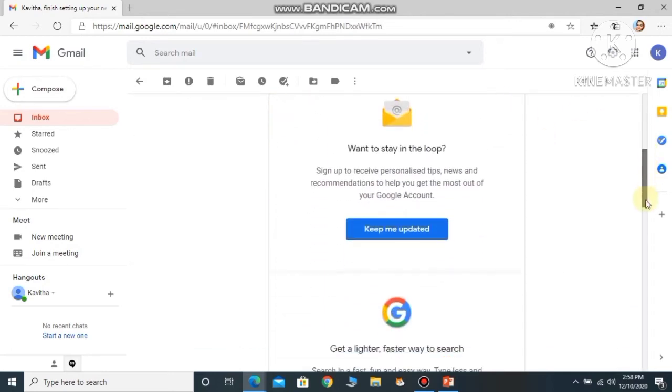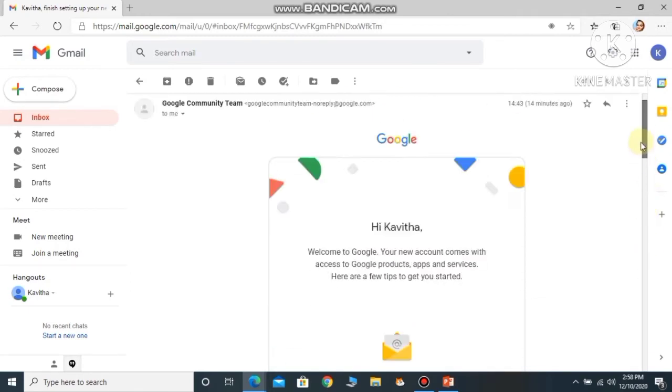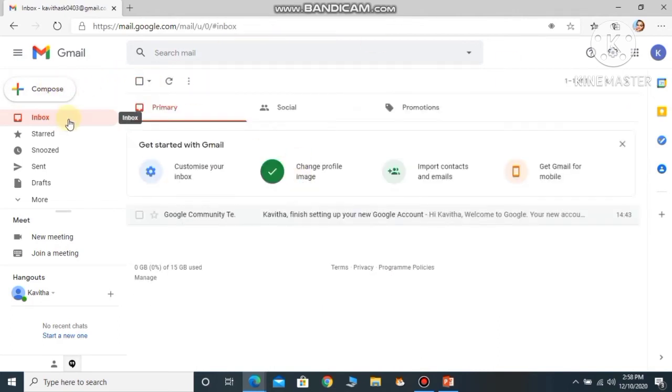Okay, children. So this is how you can check the new mails that you have received. And to go back, you have to click on this. Okay, so this is about the inbox. And the next one is compose or write mail. To compose a mail, you have to click on the compose button. Hope you can see here, the plus button is there, right?